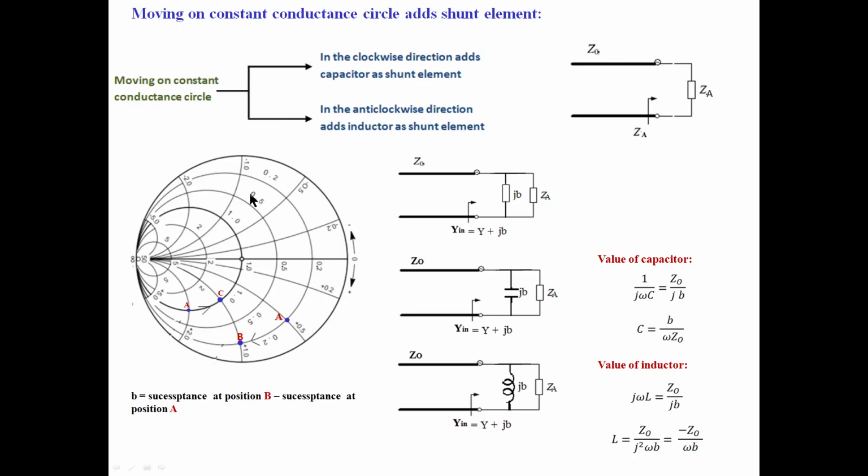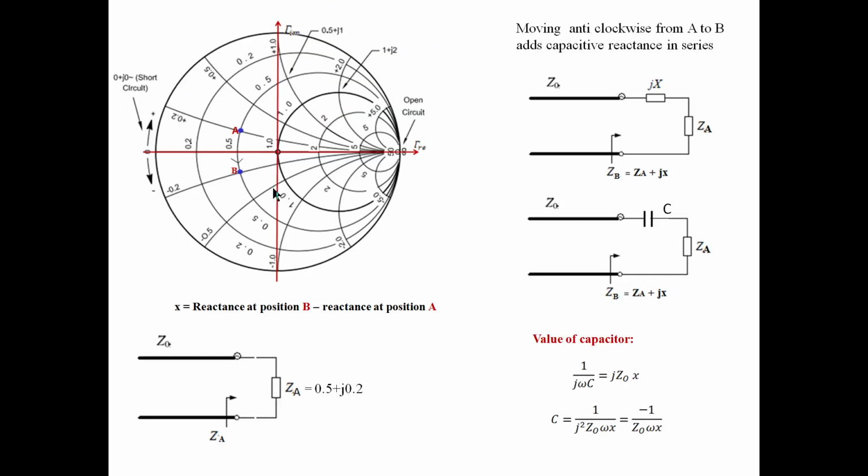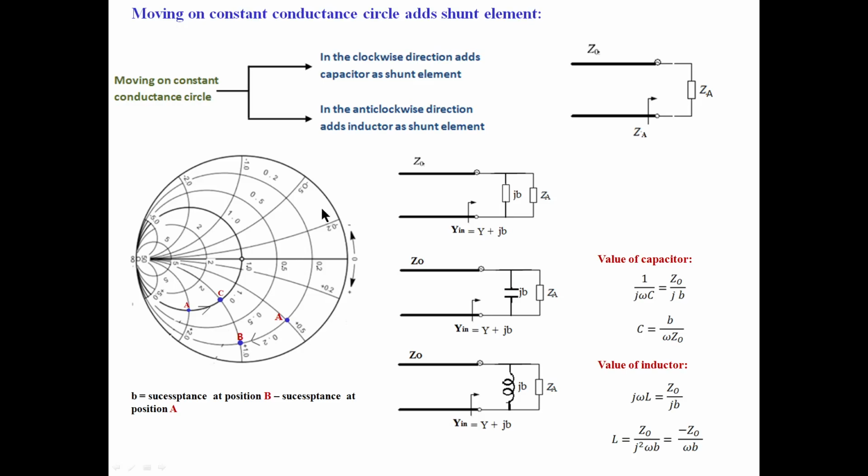Okay, so now as we know, on the ZY Smith chart we have conductance circles also. Resistance circles are there like this, we know, solid circles. Similarly, there are conductance circles, dotted circles, which we have already come across. Like this, in the opposite direction there are circles. These are called conductance circles.